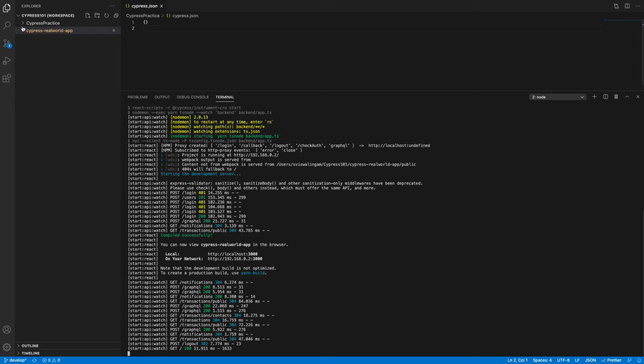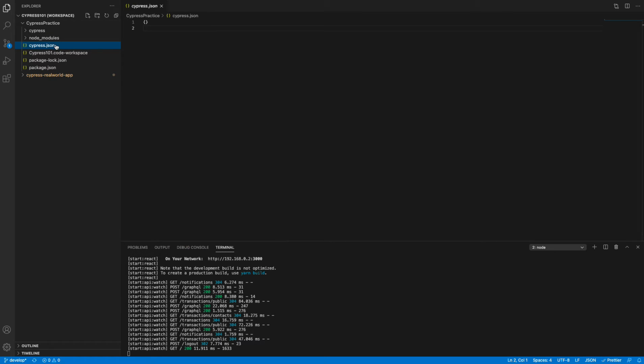So while we have this, now what I'm going to do next is I'm going to go ahead and add the configuration for the Cypress.json file. So we see how to set up configurations here. I'm going to change the base URL. So let's see how to do that. So base URL,